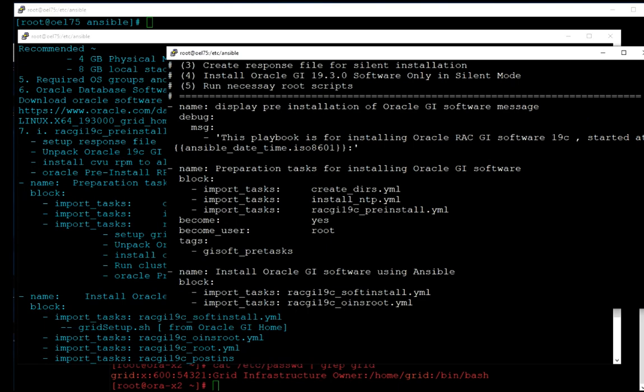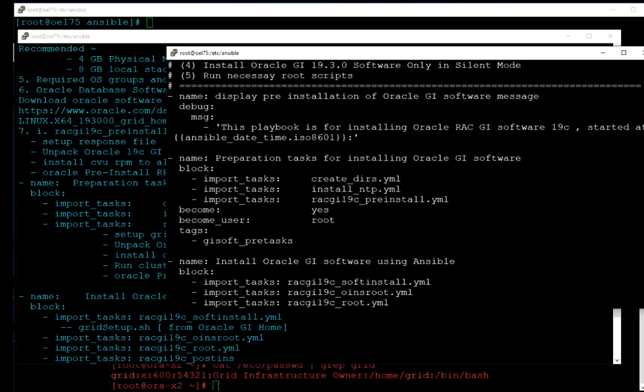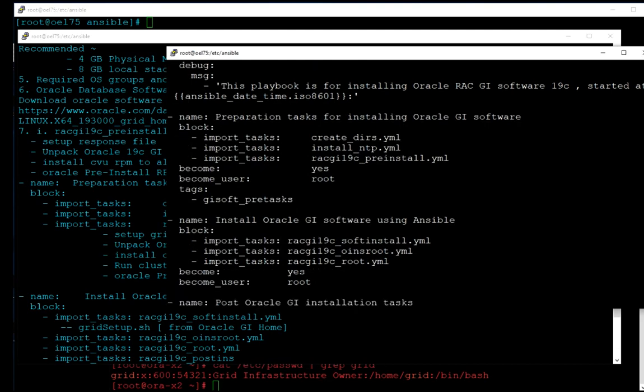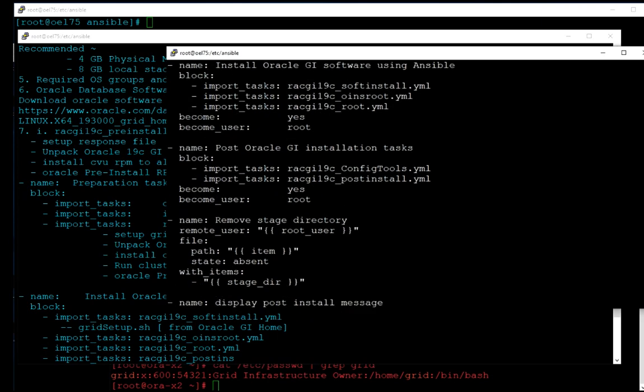You can see here I divided it into three sections. First section is for preparation tasks, which are related to tasks like creating the required directories, then setting up network time protocol for time synchronization, and rac-gi19c-pre-install.yml. If I go through that one,